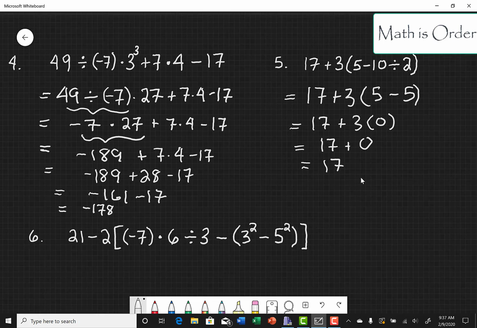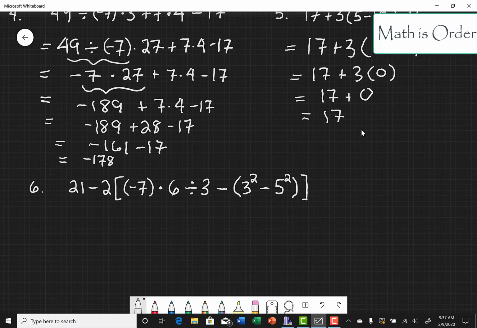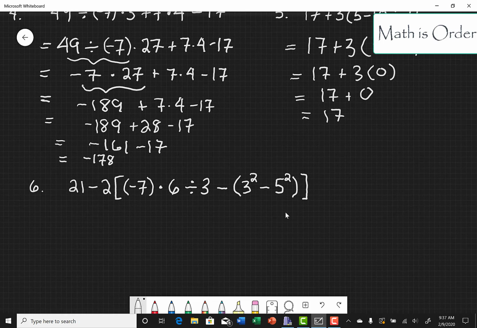Right? And number 6. A lot is going on here. We got brackets, which act just like parentheses. Brackets and parentheses mean the same thing in this context. And here we have to proceed with the innermost parenthesis first. So the innermost parenthesis is this piece right here. So we rewrite all other parts of this expression